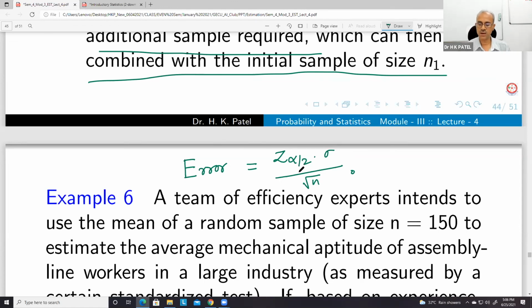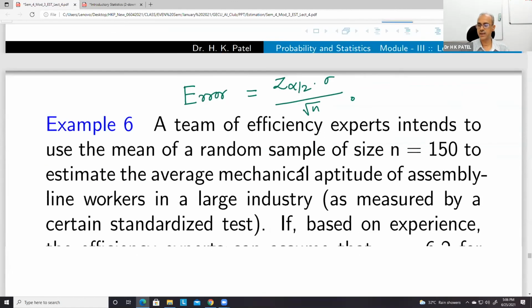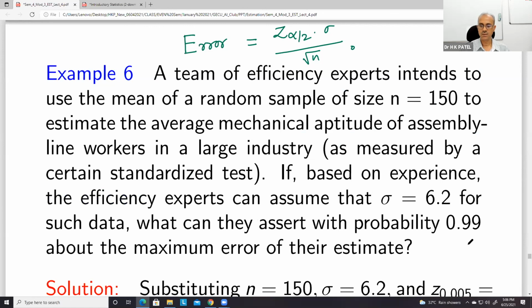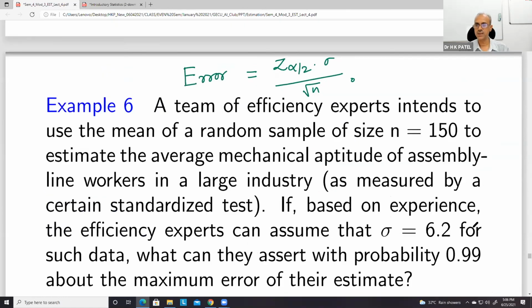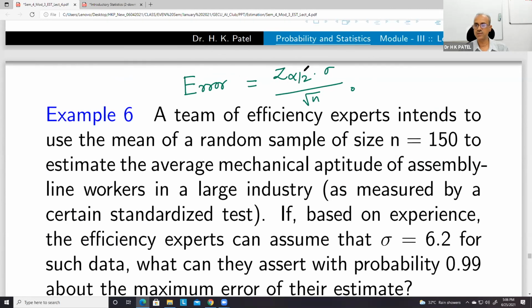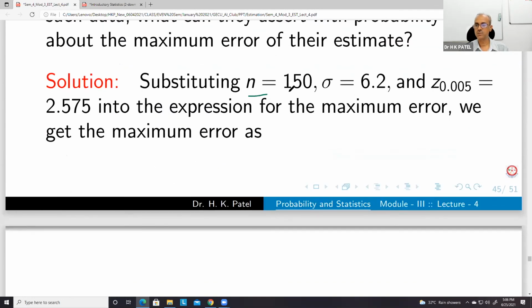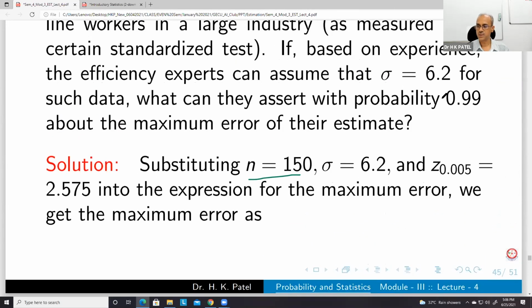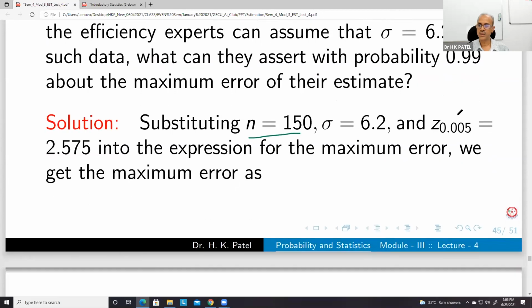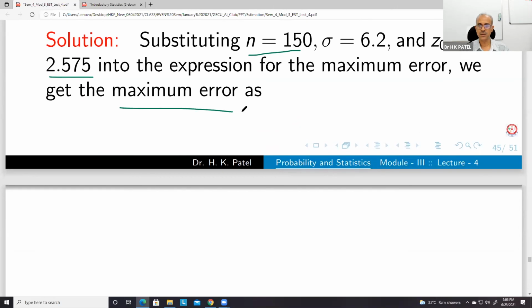And since the confidence level is given as 99%, with probability 0.99 meaning 99%, we can find this Z alpha by 2 value. So n is 150, sigma is 6.2, and the tail area is 0.005, so this Z value is actually 2.575. You just substitute all this. The maximum error will be